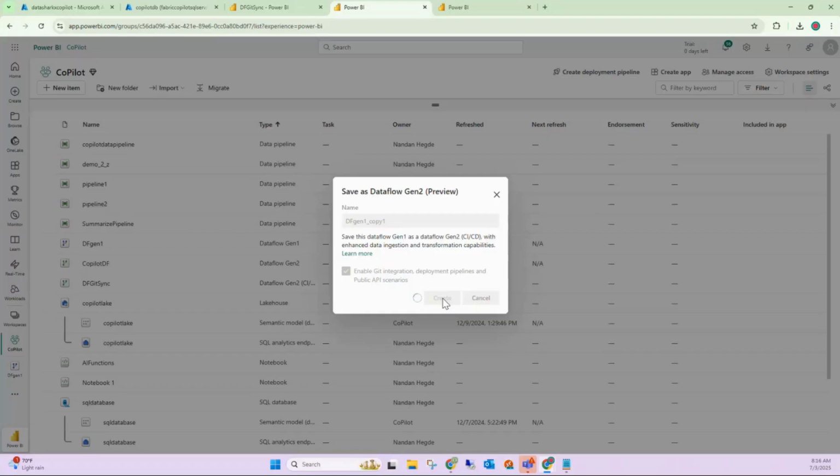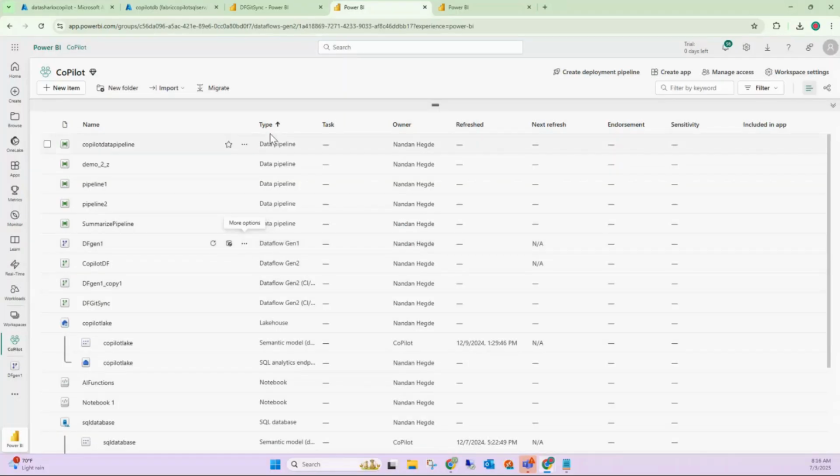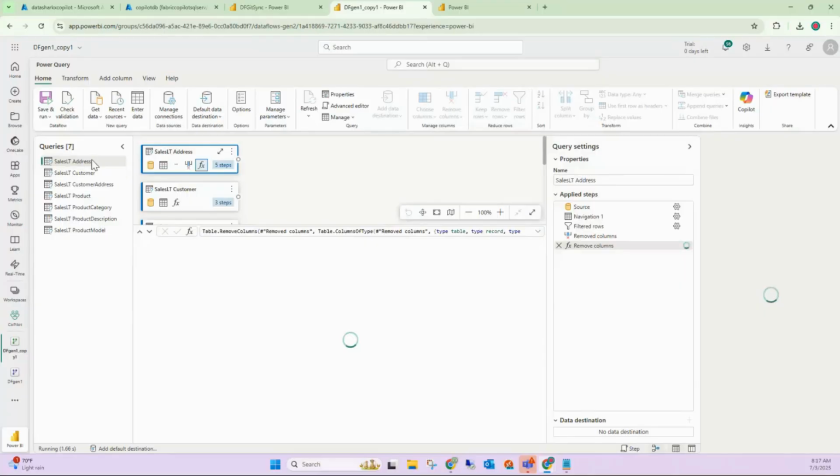So in case the downstreams or the customers want to migrate from their old Dataflow Gen 1 capability to Dataflow Gen 2 capability, there is an option wherein you can save it as and then automatically get rid of the Dataflow Gen 1. So now it created a copy of the corresponding set of transformations as a Dataflow Gen 2 itself,